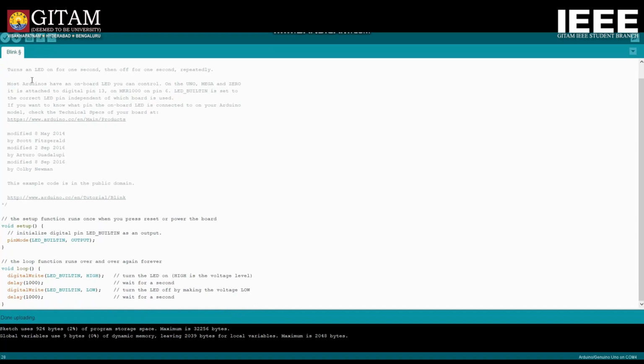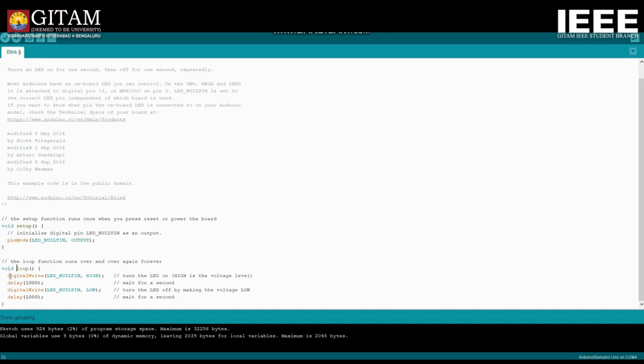I will explain the code line by line so it gets easier for you to understand it. In the setup function, we are initializing the 13th pin, which controls the built-in LED, hence denoted by LED_BUILTIN, to give an output. Now we can also initialize any pin to take an input, which we'll do in case of our sensor projects. But for now, we have to give an output to the LED that is built into the Arduino board. So hence, an output is being initialized here using the pinMode function.